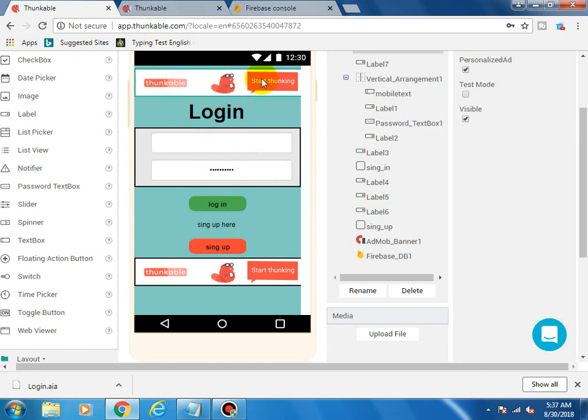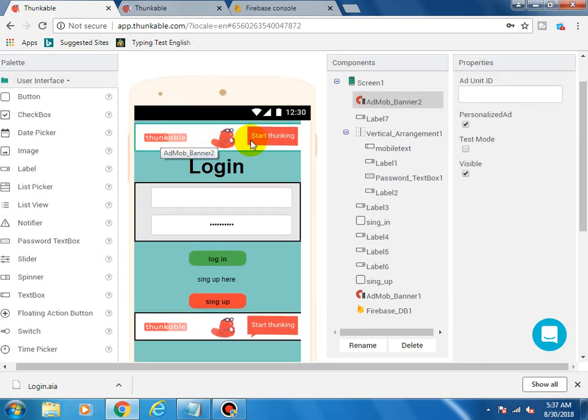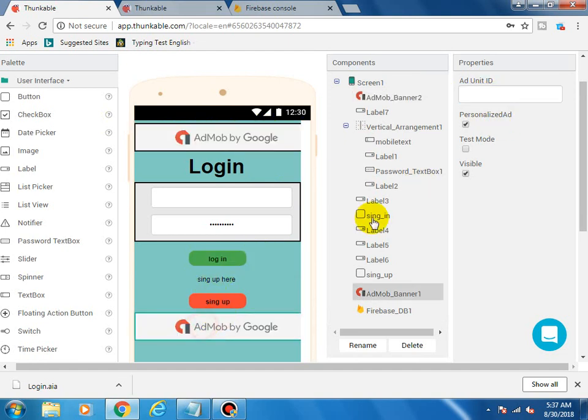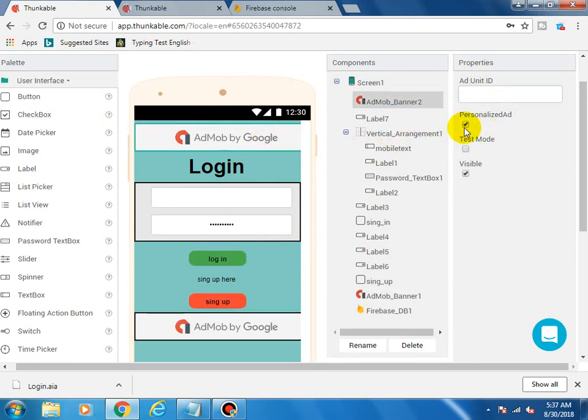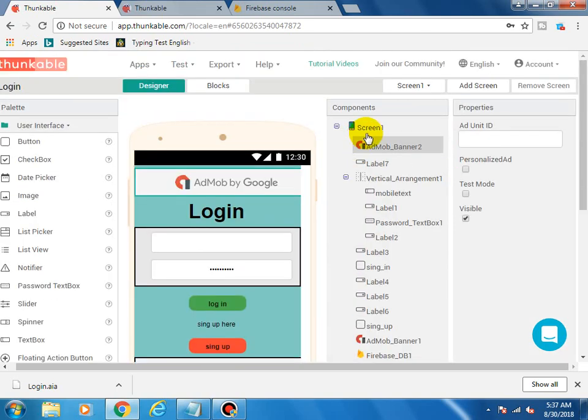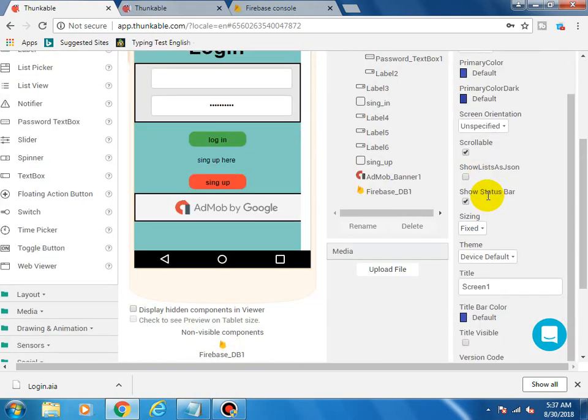You have to click on the Thunkable banner, add AdMob banner, and paste your ad unit ID on here, and the same ad unit ID on here. Uncheck this personalized ad and personalized ad. Check whether your screen sizing is responsive or fixed. This is fixed, change it to responsive, and then